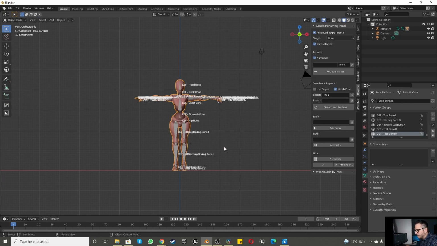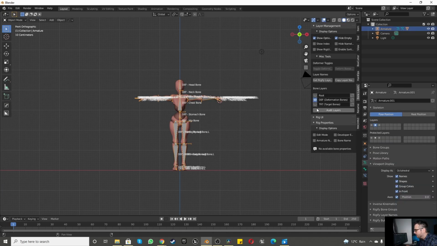So I'm going to press tab to go into object mode. I'm going to select the rig. We've matched our deformation bones to the body as a skeleton. We've connected our target bones to our deformation bones so we can manipulate the deformation. We also have a root bone to make sure it's on the correct axis, so the local axis matches the world axis. And now we've connected various parts of the mesh to various parts of the bone, which means we can finally